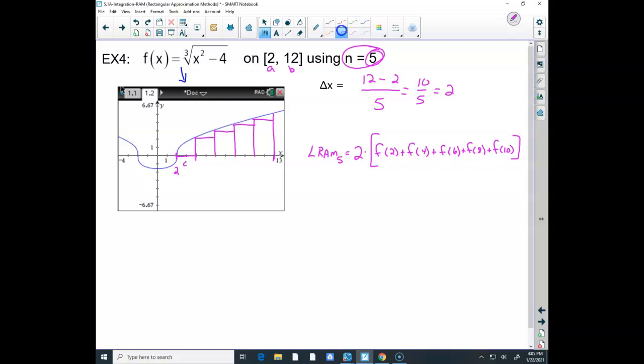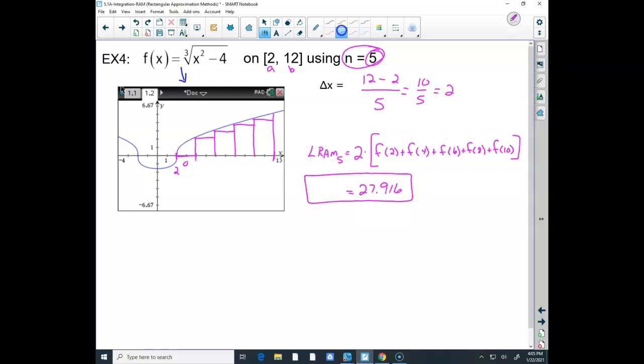I can see the area of the first one is 0, plus, I don't know what this one is. The height of this one, I actually have to plug 4 in here. So I would go straight to my calculator. I would plug that in, and my left RAM, hopefully you found out, is 27.916